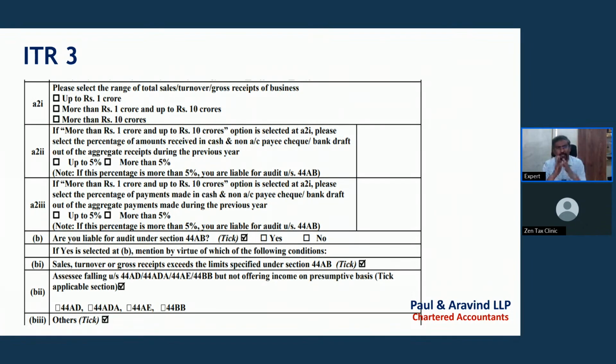It's between 1 crore and 10 crores, fine. More than 10 crores, right? Good, but then you are applicable for audit. Between 1 crore to 10 crore, the next two clauses, A2 italic 2 and A2 italic 3, very specifically decide whether you are liable for audit or not,